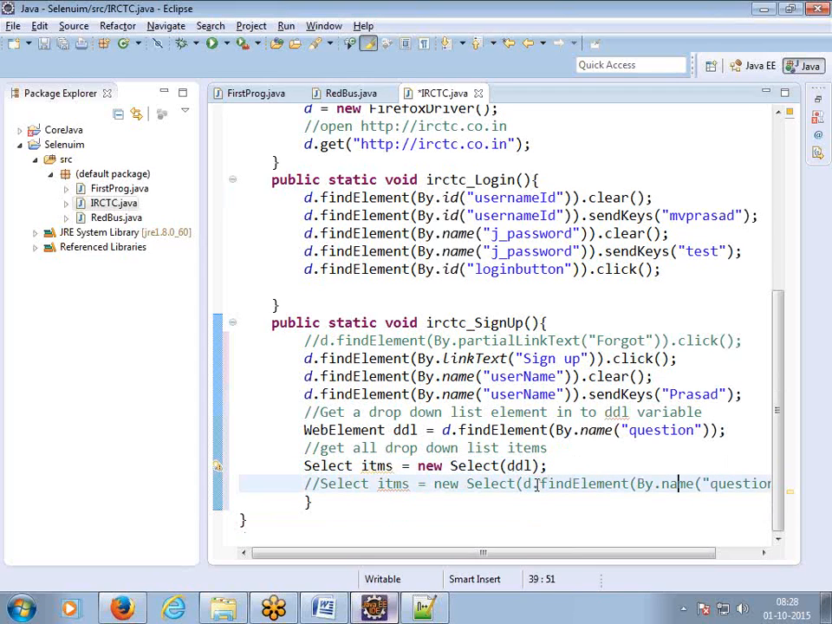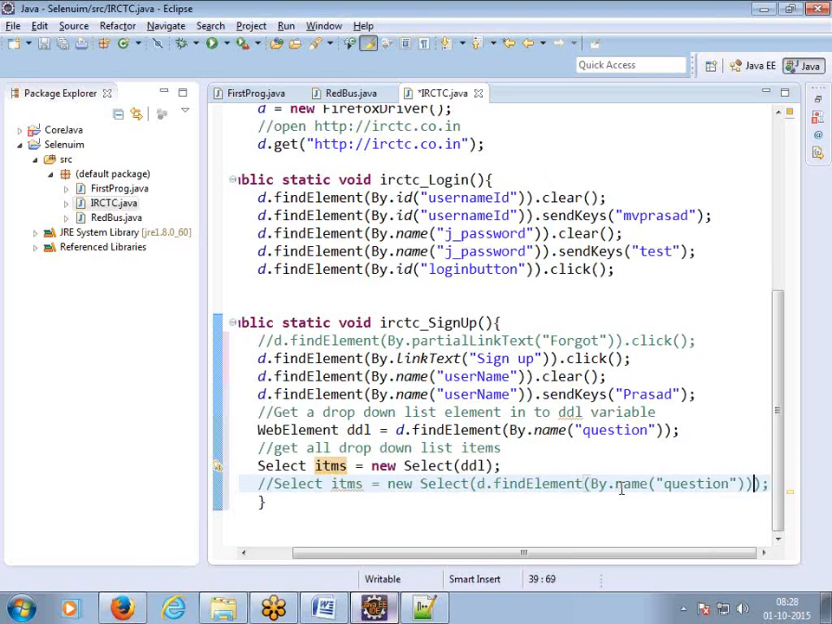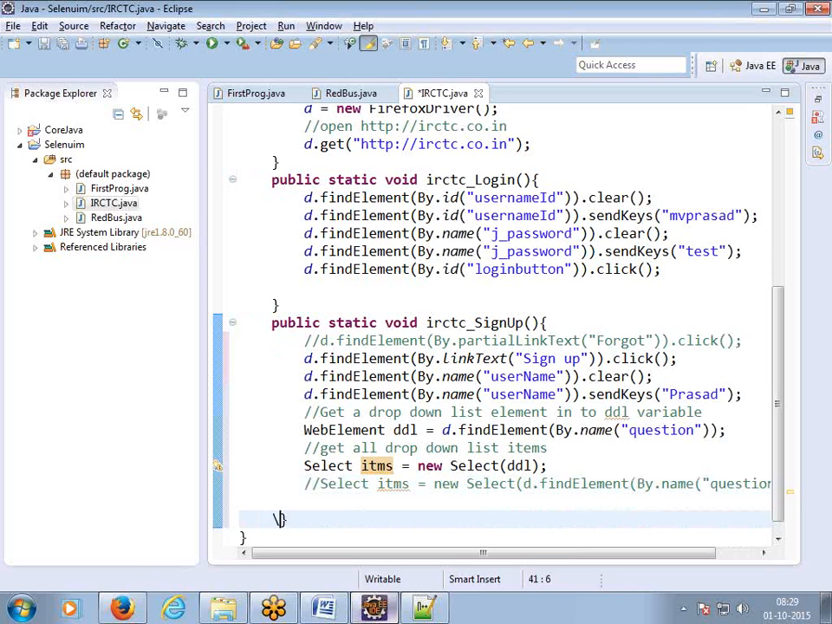So now, after this, what do we have to do? Here we are getting all the items from this drop down list into this variable. So from this list of items, you have to select one item. That is the third step. See, ITMS is nothing but the items list, correct? Items dot